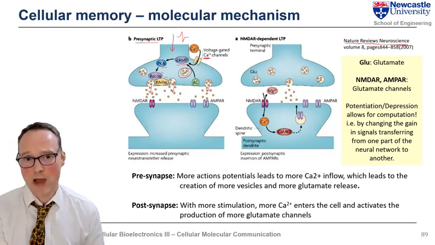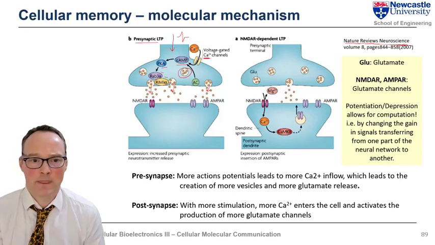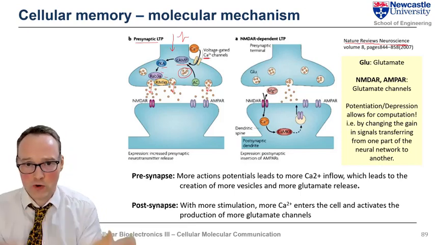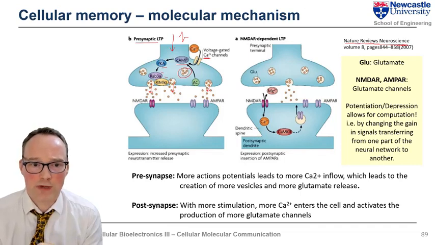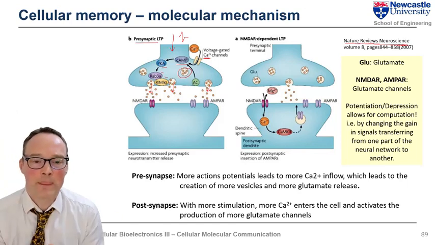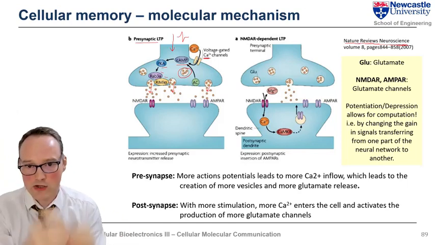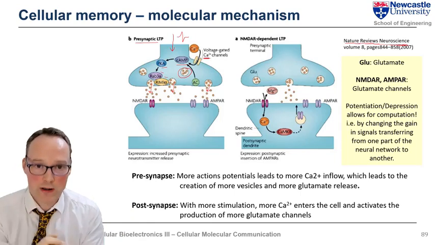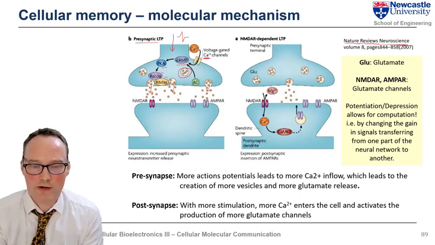So before, when you have a depressed synapse, only maybe one vesicle gets released, and very few neurotransmitters get released into the synaptic cleft. But now, as more action potentials come through, this starts to create a process where now there's more vesicles and more neurotransmitters being released, which can then activate